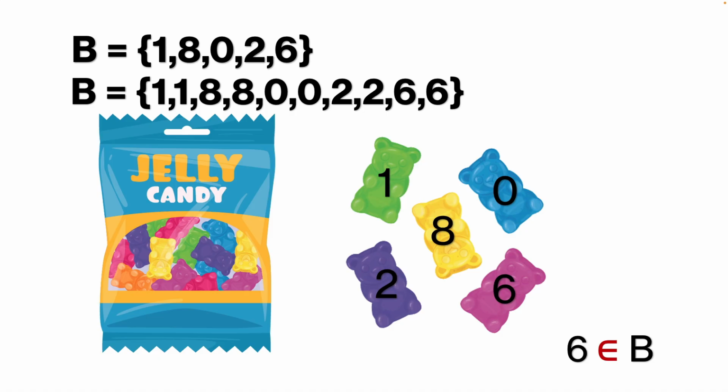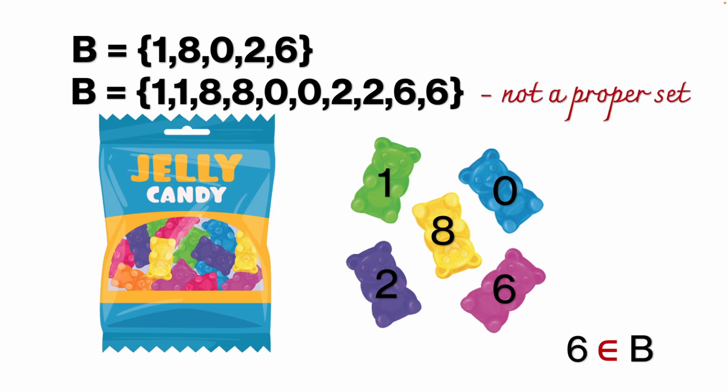B is equal to {1, 1, 8, 8, 0, 0, 2, 2, 6, 6}, okay? So still, the correct statement is 6 is an element of B. Still correct yun, kasi 6 is still part of this set definition, kahit na doble siya. Pero di ba kanina sabi ko, duplicates are not allowed. Okay? So pag binigyan kayo ng teacher nyo ng example ng ganito, this is what we call not a proper